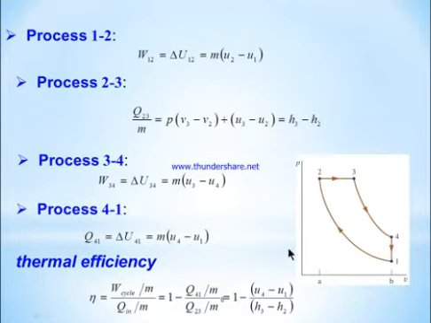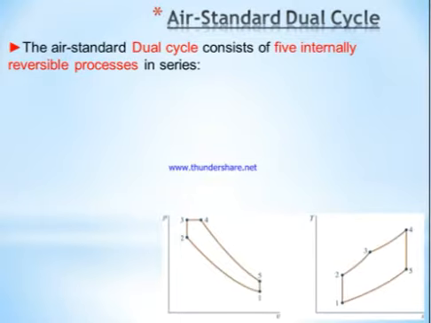Now the next cycle is the air standard dual cycle. The air standard dual cycle consists of 5 internally reversible processes in series. The name dual cycle suggests that the heat addition processes of both the diesel cycle and the Otto cycle are placed in this cycle. So the sequence of processes is the following: